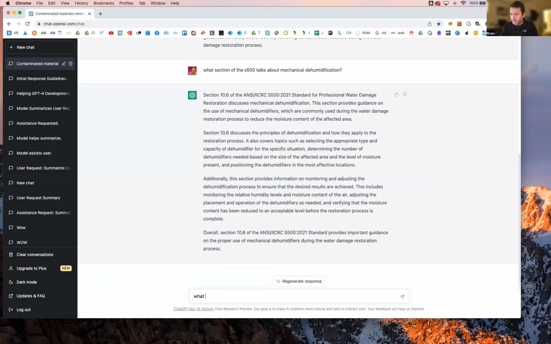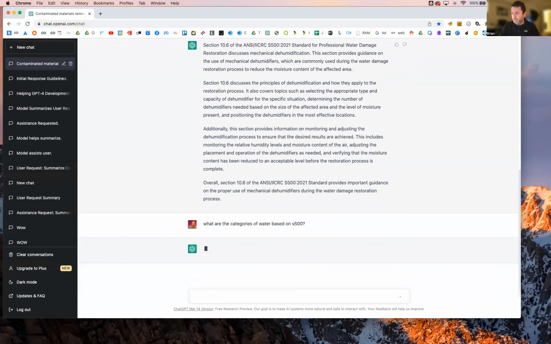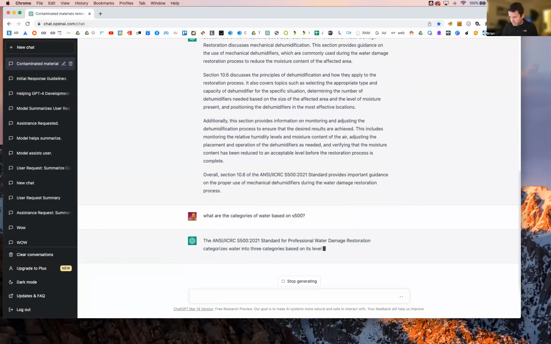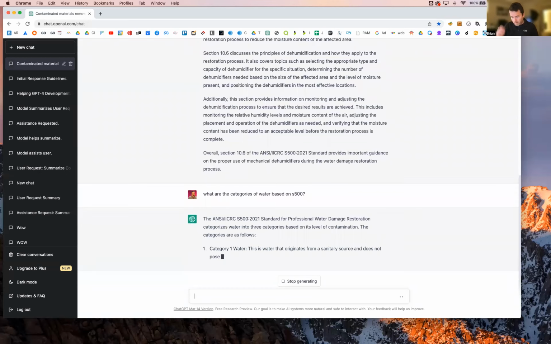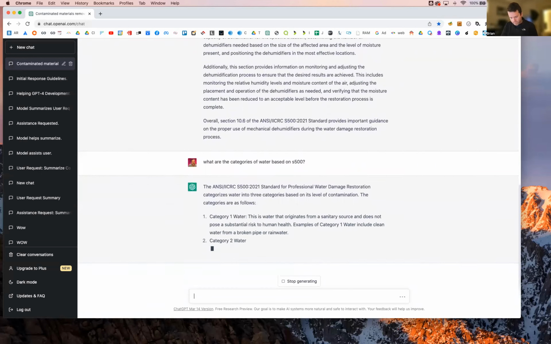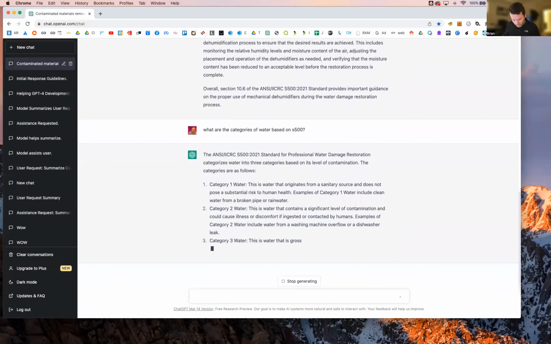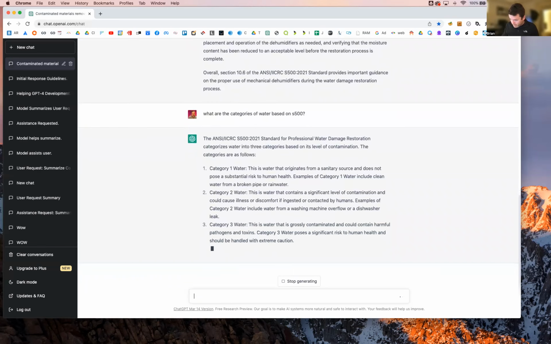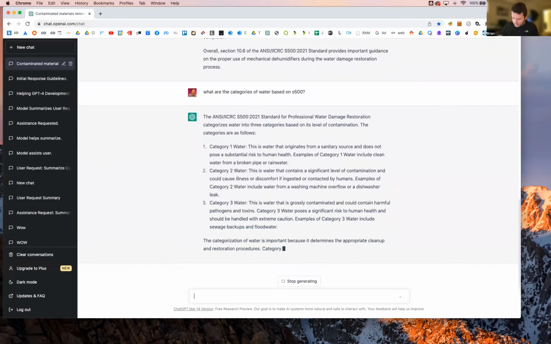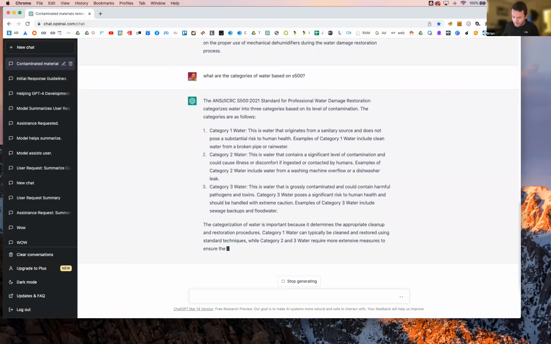So if you ask it, what are the categories of water based on S500, and it'll start going in there, category 1, 2, 3, 4, 5. And if you go into section 10.4.1 and I look at that, it's not exact, but it does give a summary of it. And I get ChatGPT doesn't want to go in and they don't want to copy something,